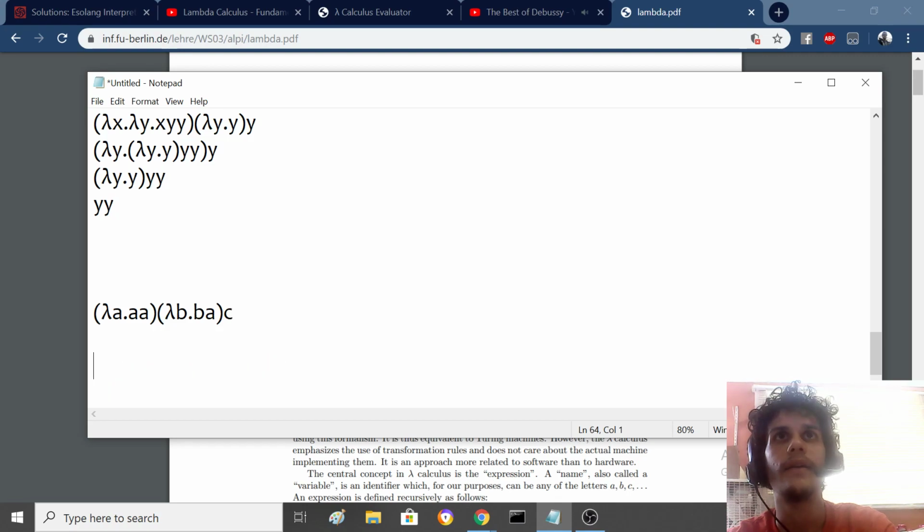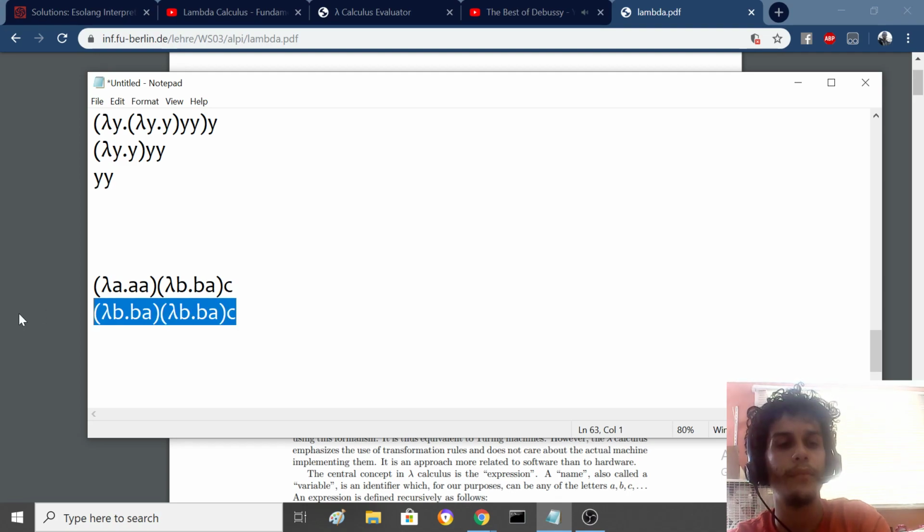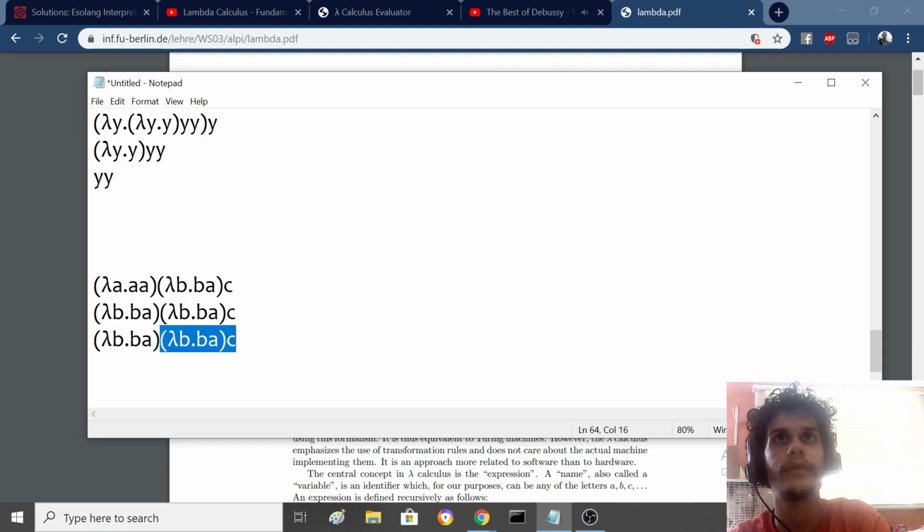Alright, and then now this one, so we have lambda a dot a applied to lambda b dot ba, so we would just write two of them after that, and then we apply lambda b dot ba to itself, so we have b replaced with lambda b dot ba. Alright, and then lambda b dot ba gets applied to c,